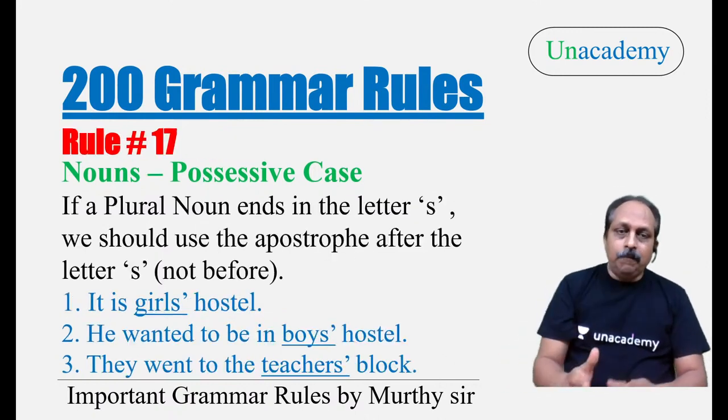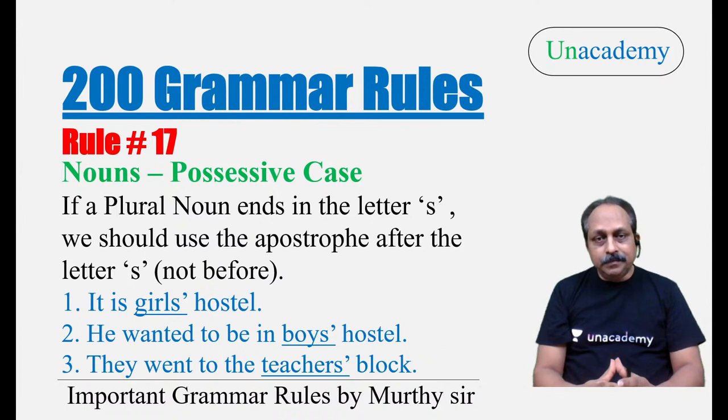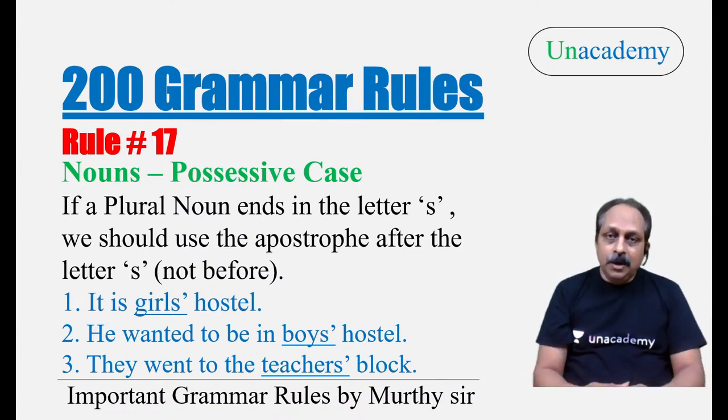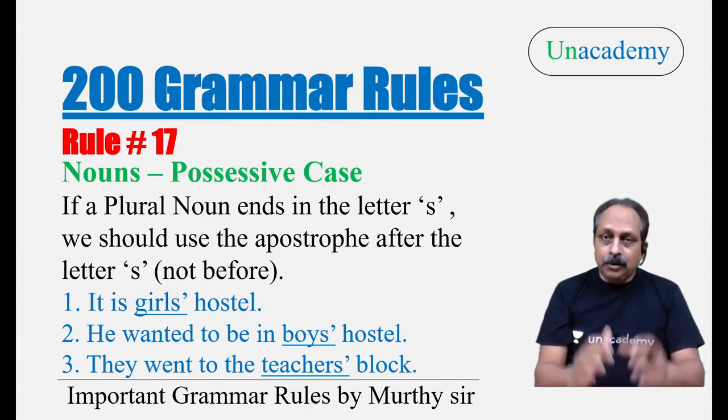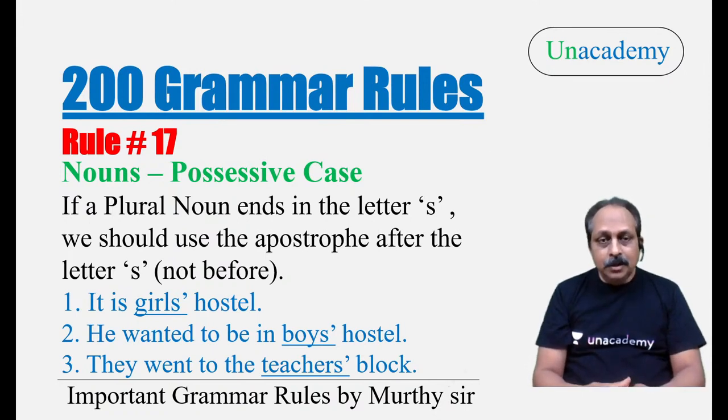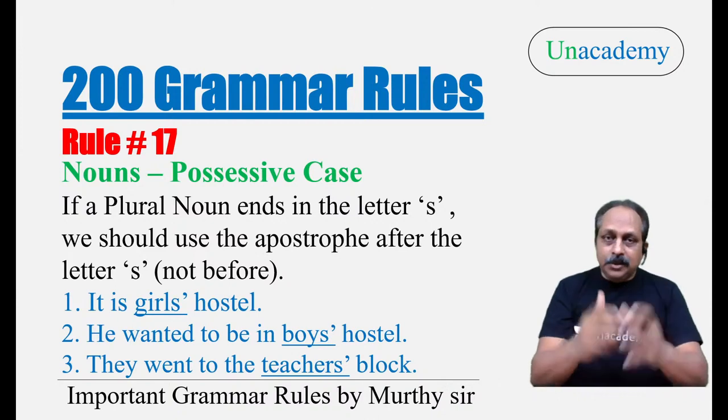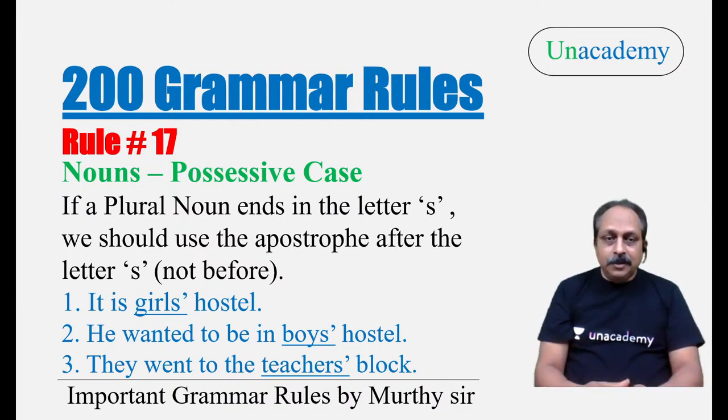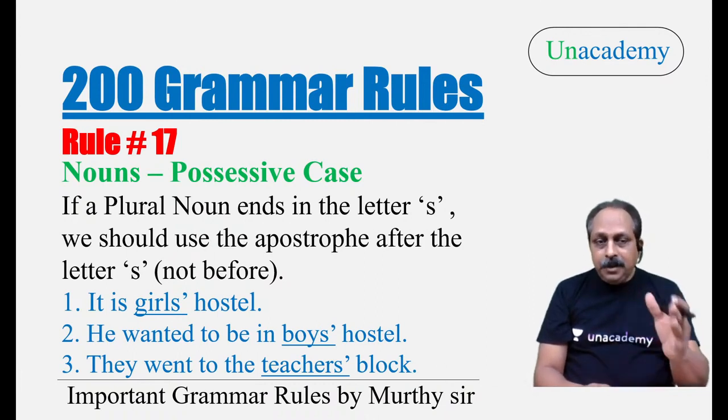Now let us go to the first rule for today. Rule number 17. What is the reason? Already you have learned 16 rules. Every day 4 sessions over, total 16. Today you're going to get 4, total 20 rules you're going to learn. And rule number 17, all the rules go with possessive case. Rule number 17. If a plural noun ends in the letter S, we should use apostrophe after the letter S,